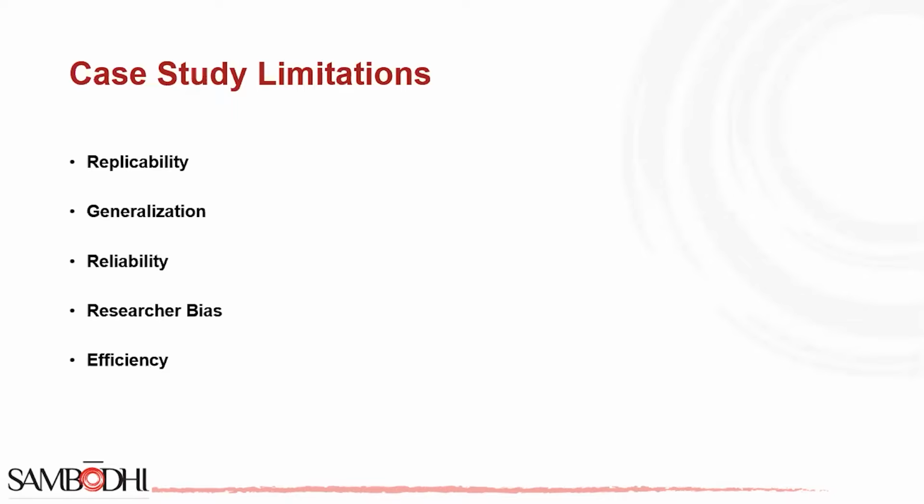That way, other scientists can perform their own research and compare their results to those of the initial study. Assuming these other scientists achieve similar results, the replicability of the experiments lends credibility to the findings and theories of the original researchers. One limitation of case studies is that they are often difficult, if not impossible, to replicate, although